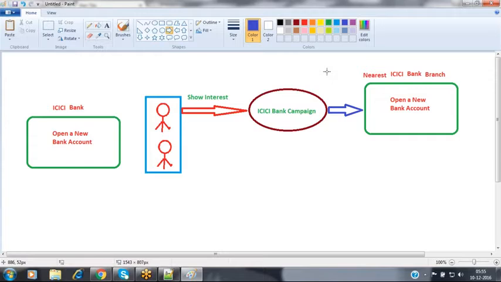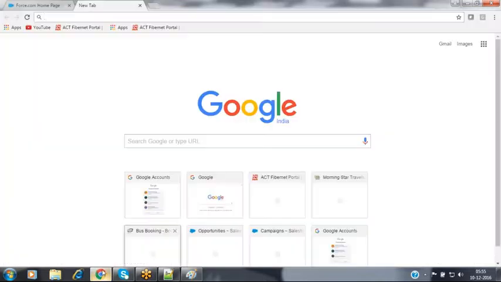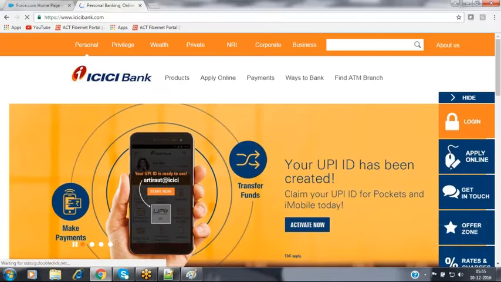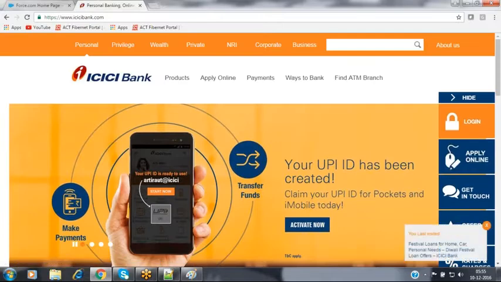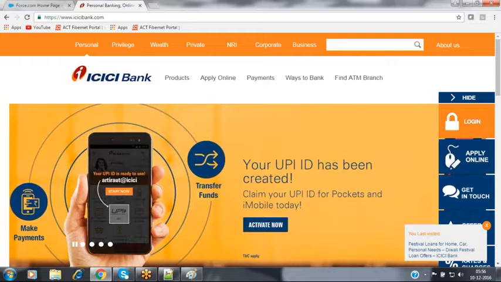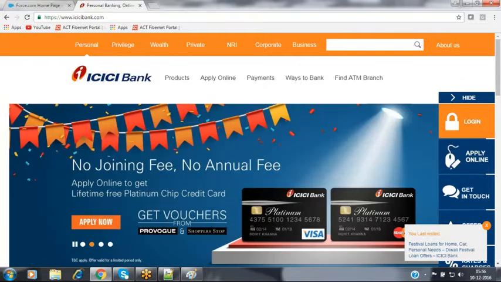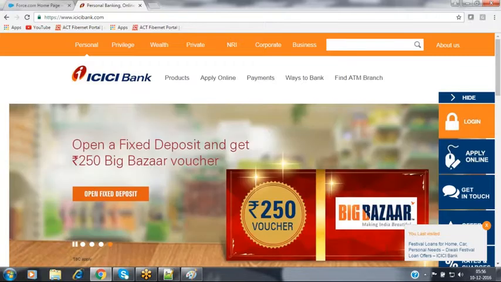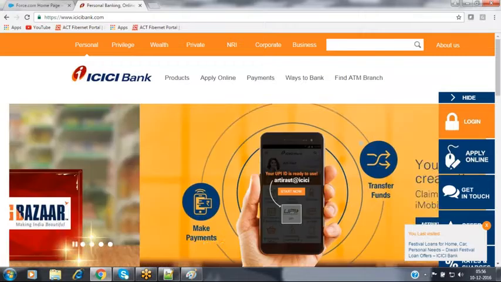Yes, there is an option available here. ICICI Bank provides a website, called ICICIbank.com. In that website, they give so much information, promoting their organization: what kind of services and products they offer to their customers, which locations they offer the services in, and what type of customers are available with them. Everything is given through this website itself.